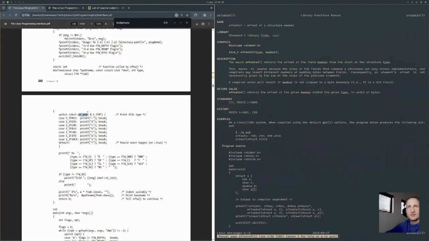We go into a switch based on the mode of the stat structure. Again, the stat structure could be undefined at this point, so you really do need to check the type here, I think it was. That encodes for FTWNS, because if your stat structure is not defined and you start reading memory from there, you can get anything out of here. But yeah, we're saying, hey,